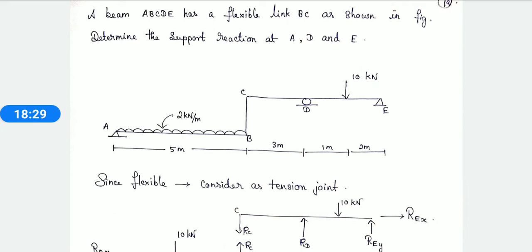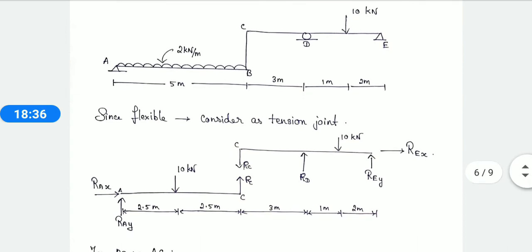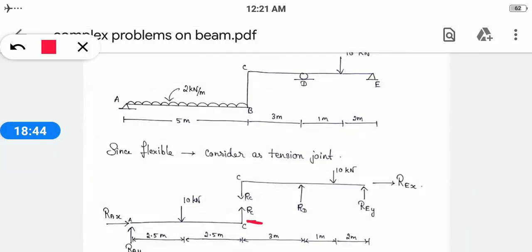Whenever there is flexibility over there, there is only a connection. So you can take either this joint as RB or RC. I have mentioned it here as RC. You can calculate even using RB. Terms may differ, but the value will be the same. Okay, so up to this is over.